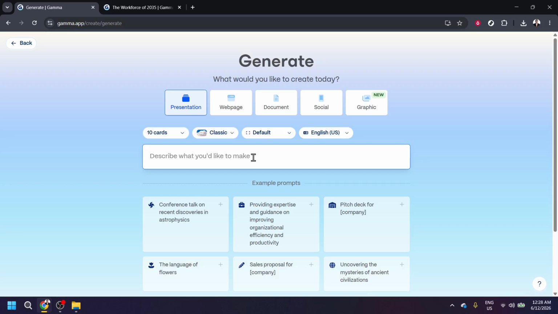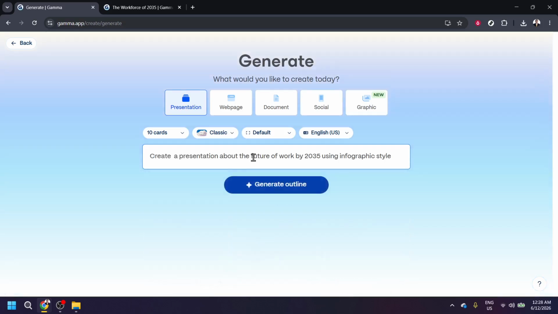Type this in. Create a presentation about the future of work by 2035 using infographic style. See what I did there? I gave it a clear topic, a specific time frame, and most importantly, I told it to use the infographic style. That last part is the secret sauce. That is what transforms your presentation from a standard slide deck into something visually engaging with charts, icons, and data-driven